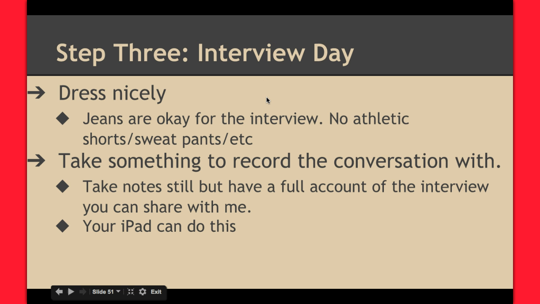Step 3 is the interview day. Dress nicely. Jeans are okay for this one. No athletic shorts, no sweatpants. Dress like it's November, actually. Wear regular pants, wear a nice shirt, and look good. First impressions are everything. Last year we had a group that did not make a good first impression, and it hurt them overall.